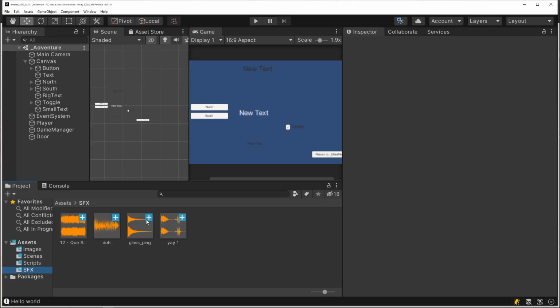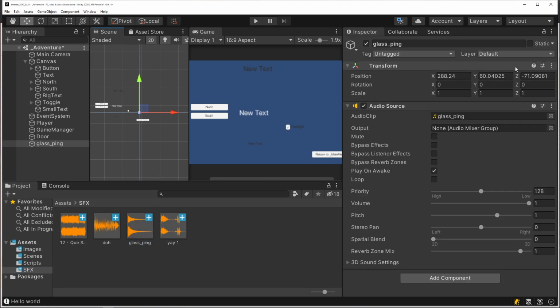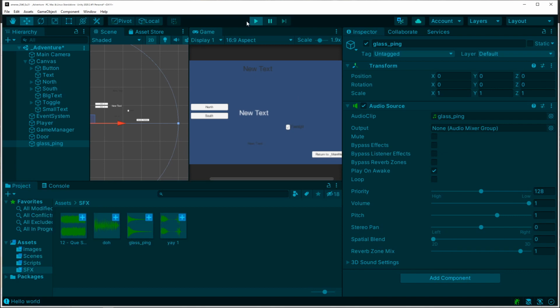So here I had some sound effects, and let's specifically drag this ping into the scene, and I just drop it somewhere. I dropped it at some random crazy location. I'm going to put it at 0, 0, 0, just so that I don't lose track of it. Notice it says play on awake. It doesn't say loop. And if all goes well,